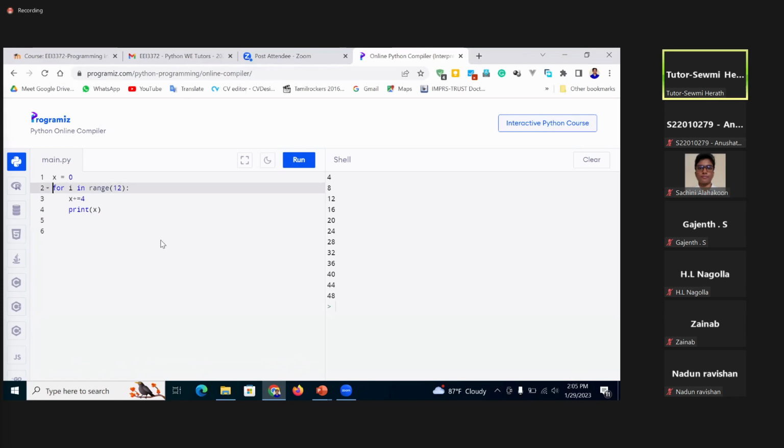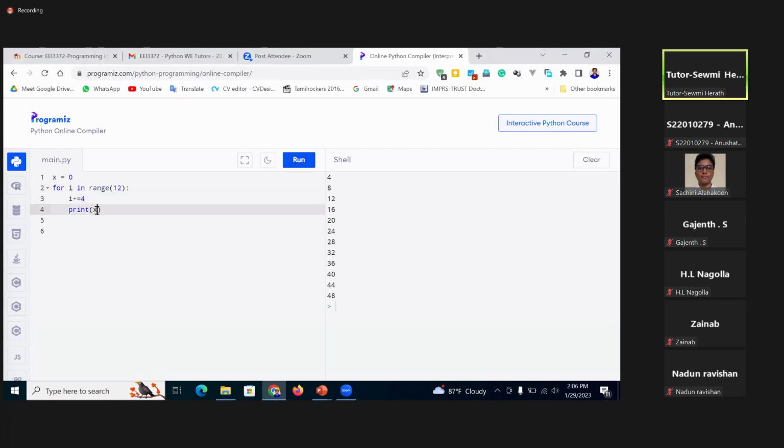So we want just the 48, right? So it means I ask you not to use while because I'm just teaching the for loop here now. So yeah, we just want to output up to 48. 48 is the 12th multiple of 4, right? So we can just increase x by 4 and print that one, right? Instead of x, if you use i in here, what will happen is,